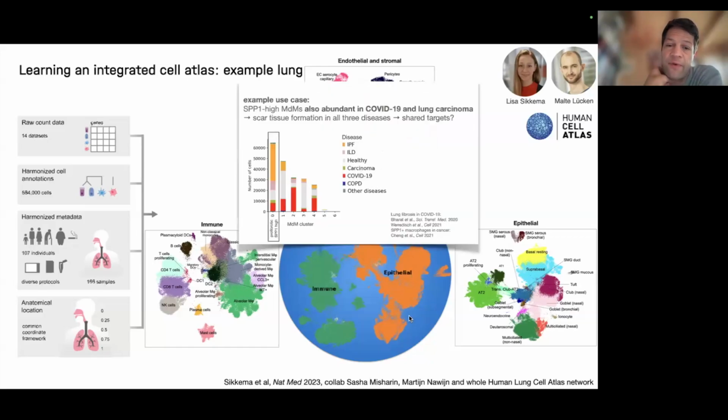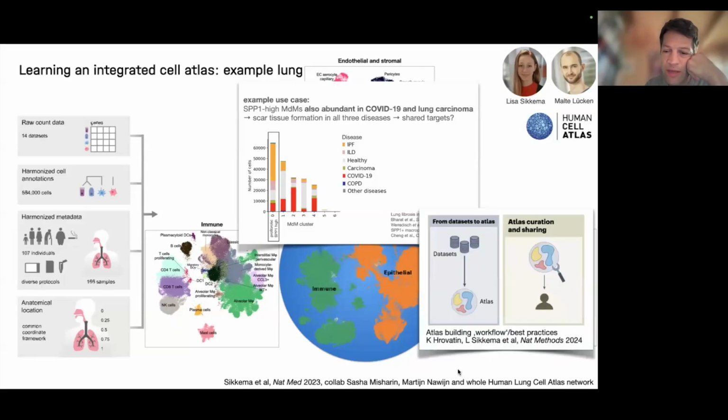One thing we, for example, found, there was one cluster that's high in a factor called SVP1, which is associated with some type of, I think, cytoskeletal things in cells. And this is in monocyte-derived macrophages. These are actually quite interesting, shared across COVID-19, lung carcinoma, and I think IPF or something like that. So this is a really exciting shared thing that you initially wouldn't connect. But now you see a shared thing, and you could then maybe look for shared targets, drug repurposing, this type of stuff. So that's the use and attractiveness of these atlases.